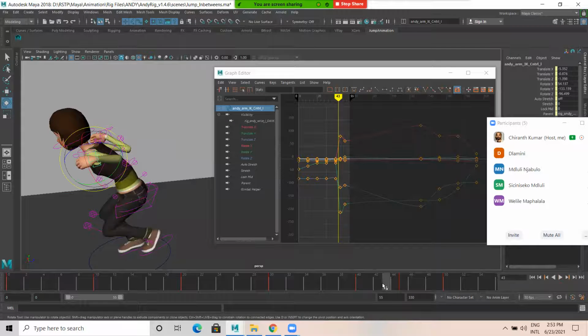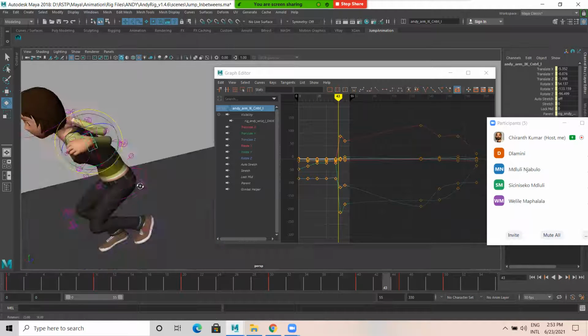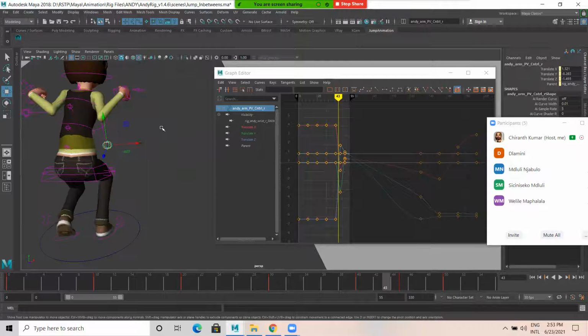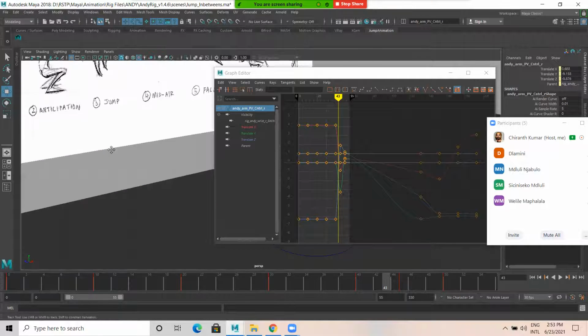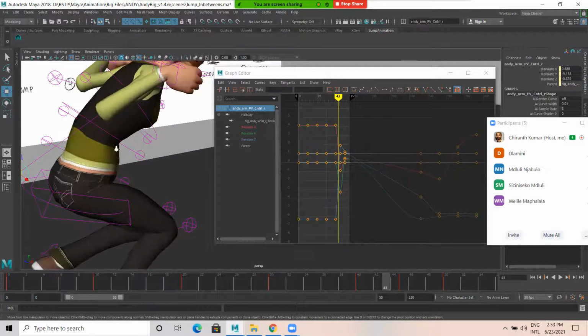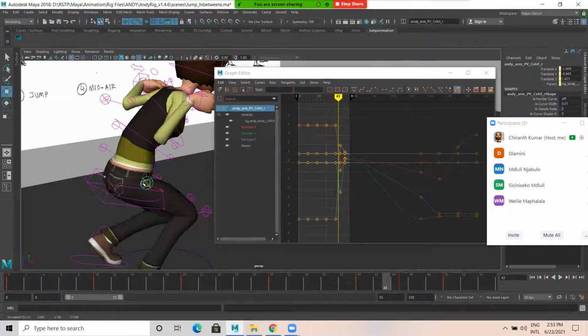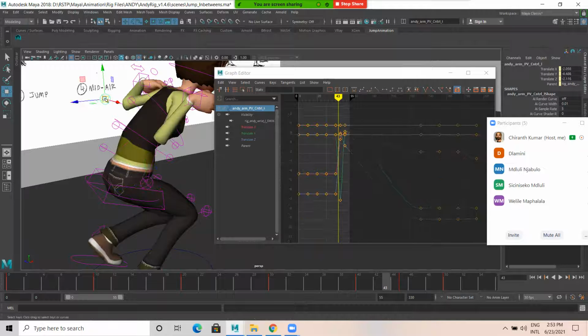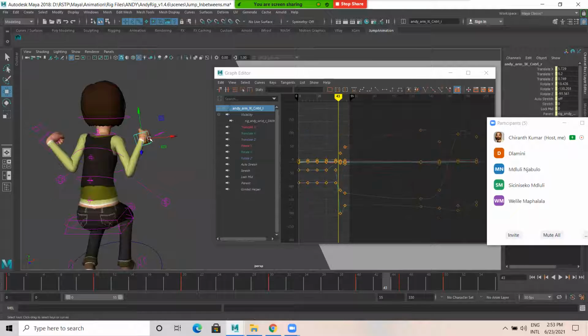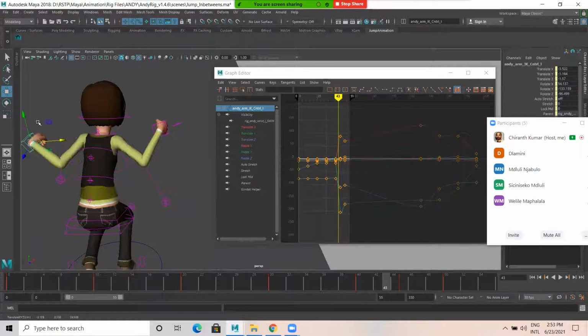In one frame from here to here it is there. I think we can work on the spline part. Sorry, this pole vector. Okay. I just make it like this. Yeah, okay. Then I'm gonna spread this a bit. Spread this.